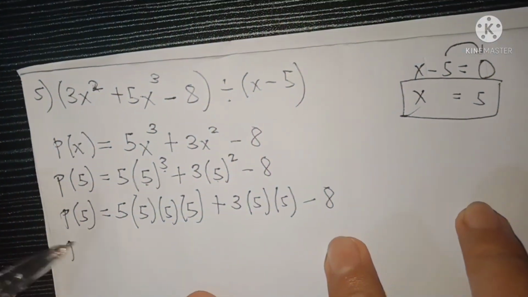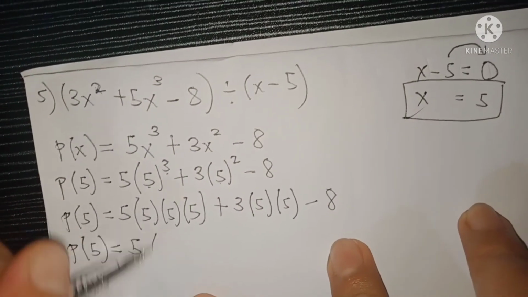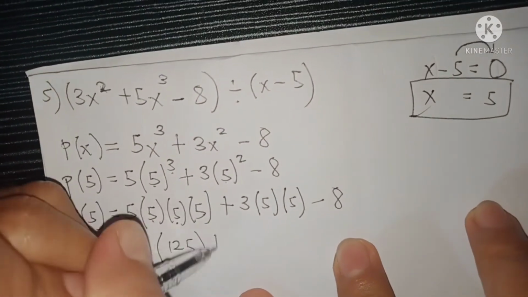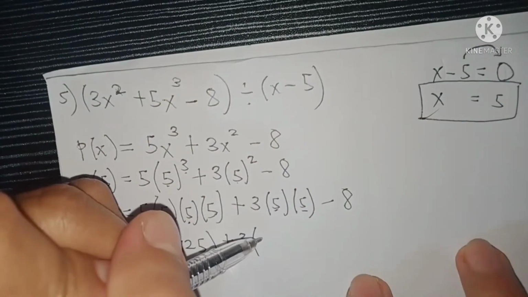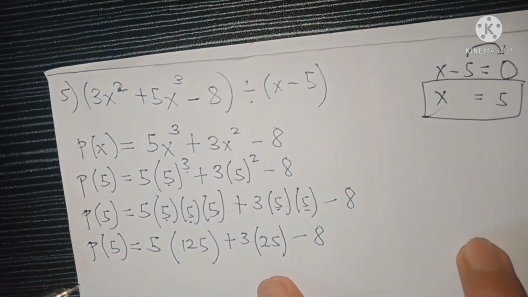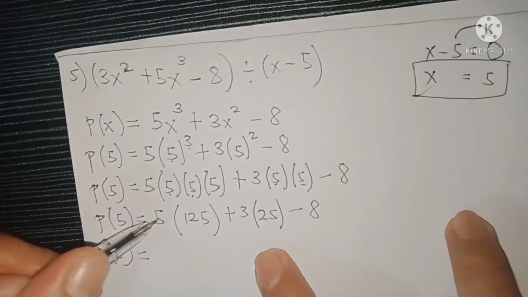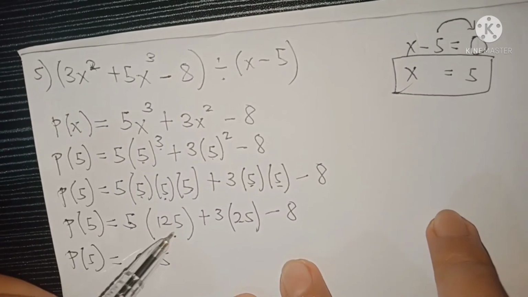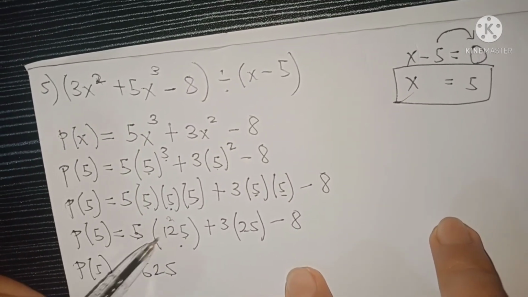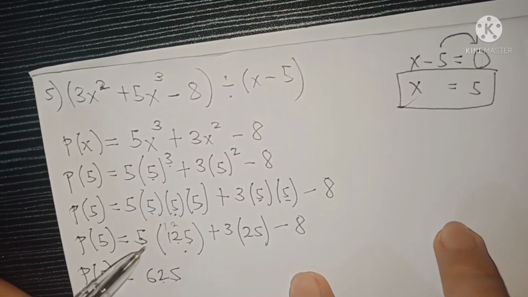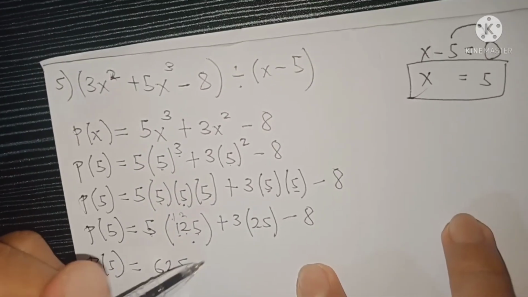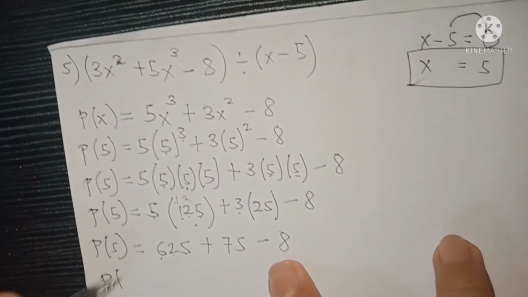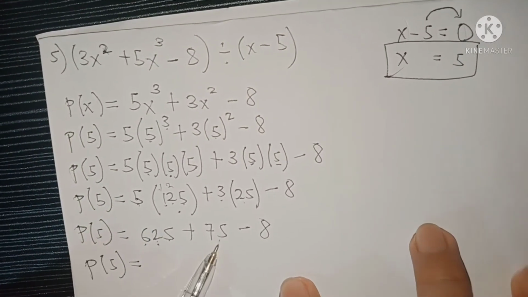And then minus 8. So you have p of 5 is 5 times 5 times 5 is 25. Times 5 is 125. So plus 3 times 5 times 5 is 25. And then minus 8. So 5 times 125, that is 625. 5 times 5 is 25, carry 2, 5 times 2 is 10, plus 2, that is 12, so carry 1, 5 times 1 is 5, plus 1 is 6, and then plus 3 times 25, that is 75, minus 8, so you have p of positive 5, that is 625 plus 75,